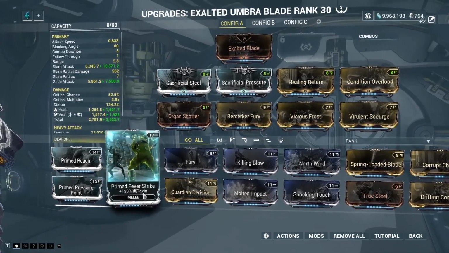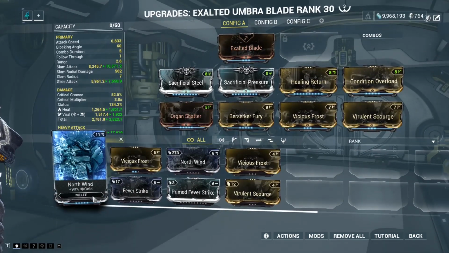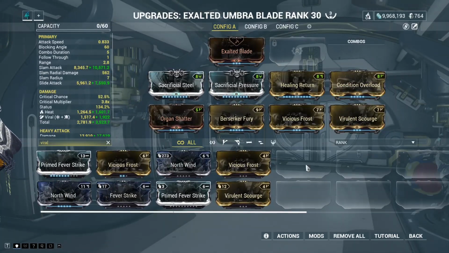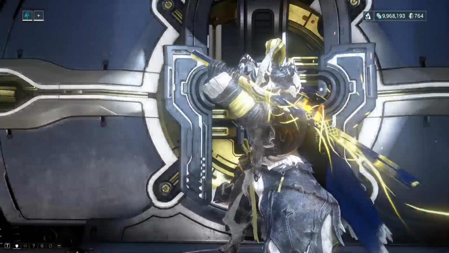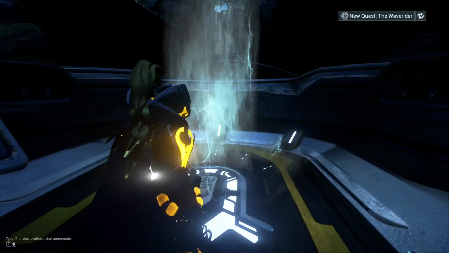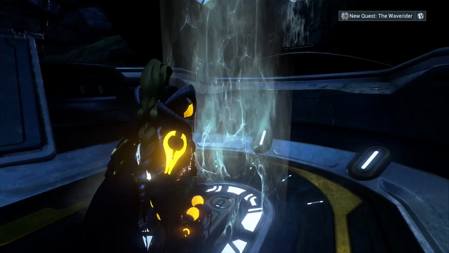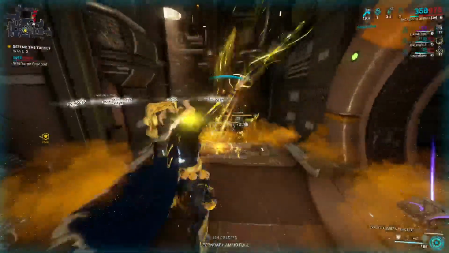So if I do Prime Fever Strike and North Wind instead, more element damage and status chance comes from ability strength. Yeah, looks like I'm gonna have to Forma this as well, huh? Alright. Let's take a look. How do I level this up, though? Might have to go to the Hydron for a minute. Actually, while I'm leveling this, I'm starting to think...